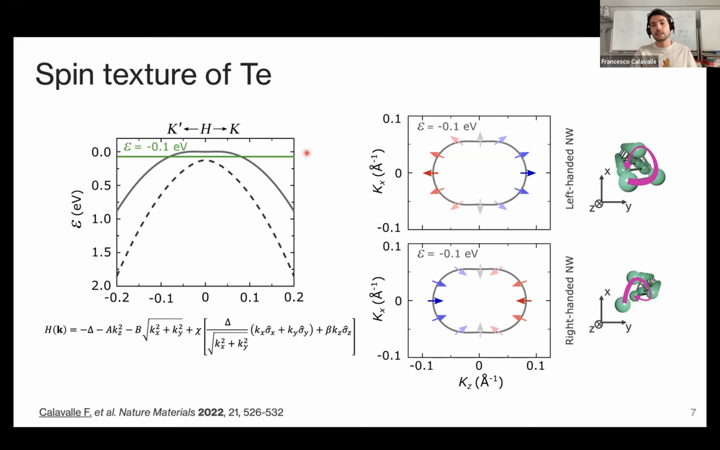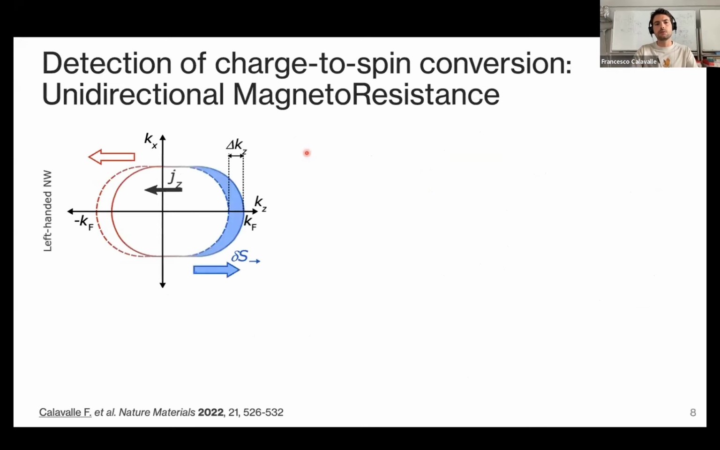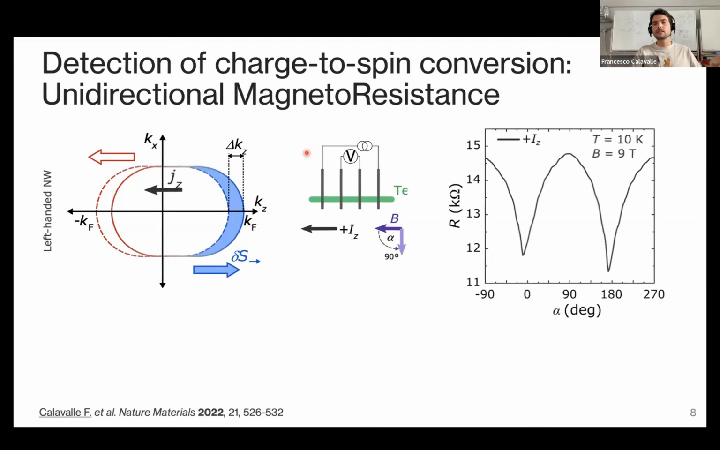Now, if we take this in mind, our idea was to use an Edelstein-effect-like mechanism to detect a current-induced spin polarization, basically. And so if we apply a current to our material, what happens is that this Fermi circle would be shifted in the k space, and this will give us a homogeneous spin density, which can then interact with the external magnetic field. Now, taking angular dependence measurements of the resistance at a given applied current, we can see actually how